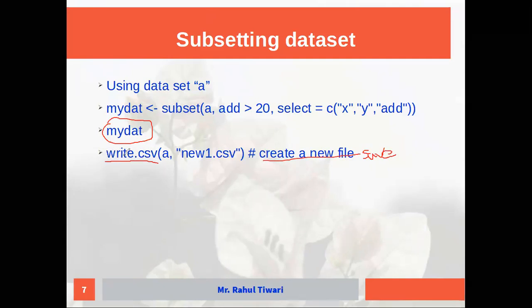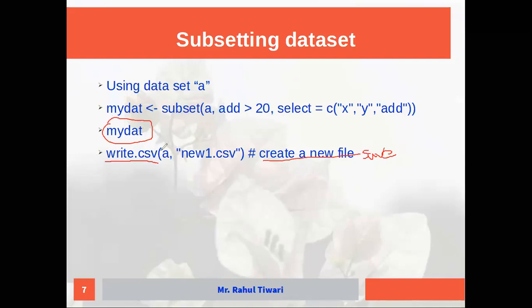So what is the command? Write.csv. This is my data set, the subset you have taken. Now once you execute this, what is the command? Write.csv.